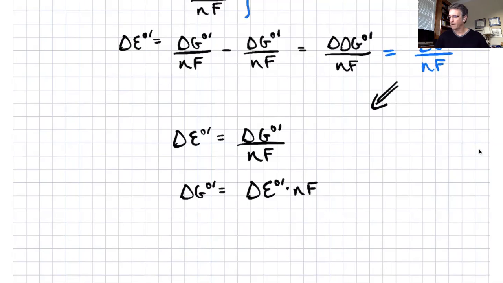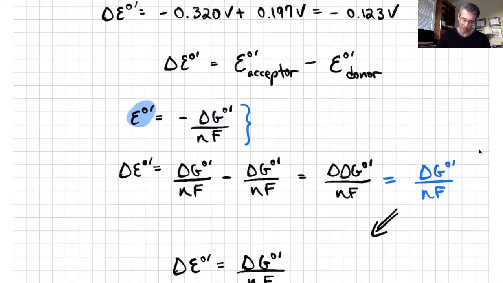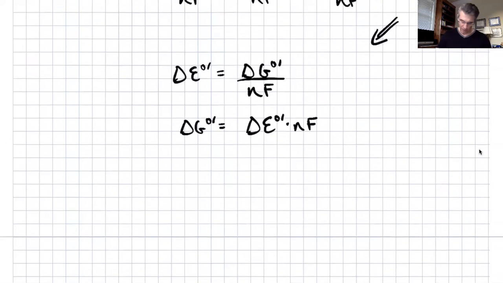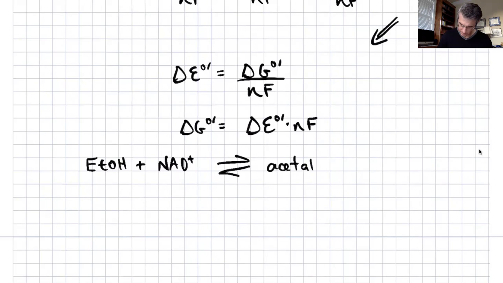NF, right? And in the case of the ethanol reaction that we just did a minute ago, I'll just write it out again. Ethanol plus NAD plus goes to acetaldehyde plus NADH plus proton. The free energy difference in this reaction, this redox reaction, is just equal to minus NF